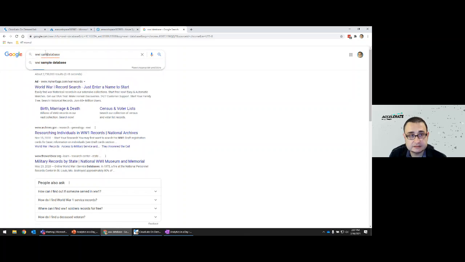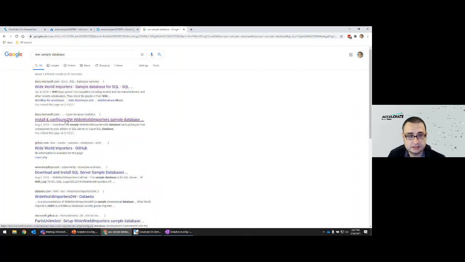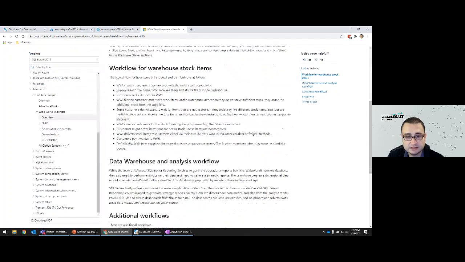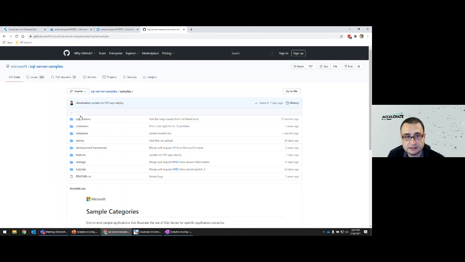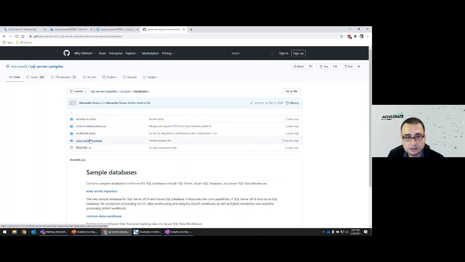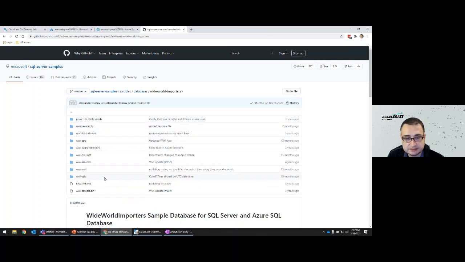SQL sample database, you should see a page that talks about the sample databases, and you see the link there for GitHub, where you can download the Worldwide Importers database and different datasets made available, including the Worldwide Importers data warehouse database.